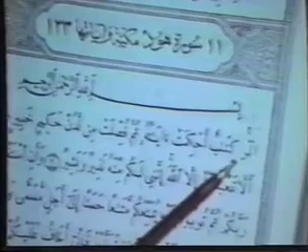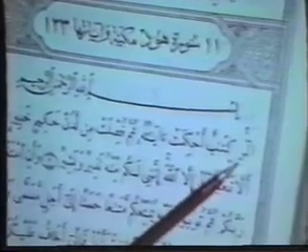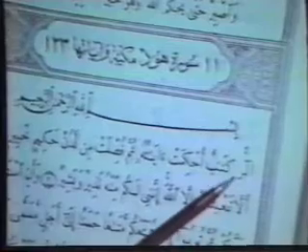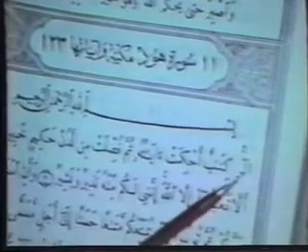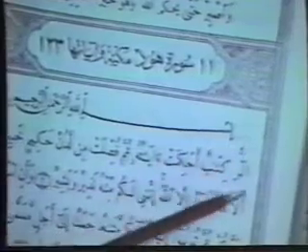There are 5 surahs in the Quran initialed with these 3 letters, Alif, Lam, Ra, A-L-R. And every single one of the 5 surahs contains a total of Alif plus Lam plus Ra, which is a multiple of 19. Every one.